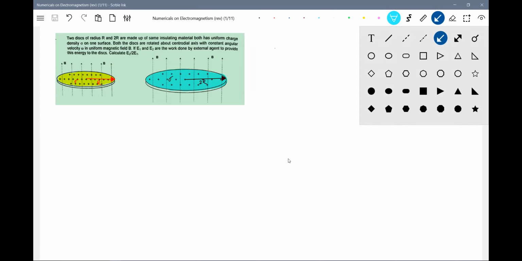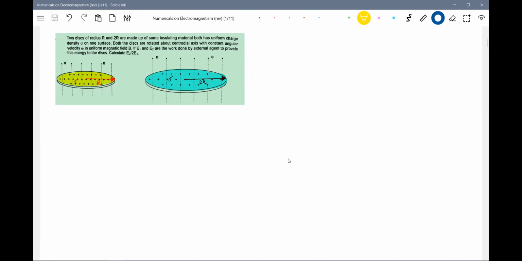I suggest you better remember the standard derivations. I think they will help you a lot in such cases. What is the magnetic field? What is the dipole moment of a rotating charged disk? If you know such things, it'll be easier. You don't need the discussion which I'm going to make. Directly you can get into the problem.